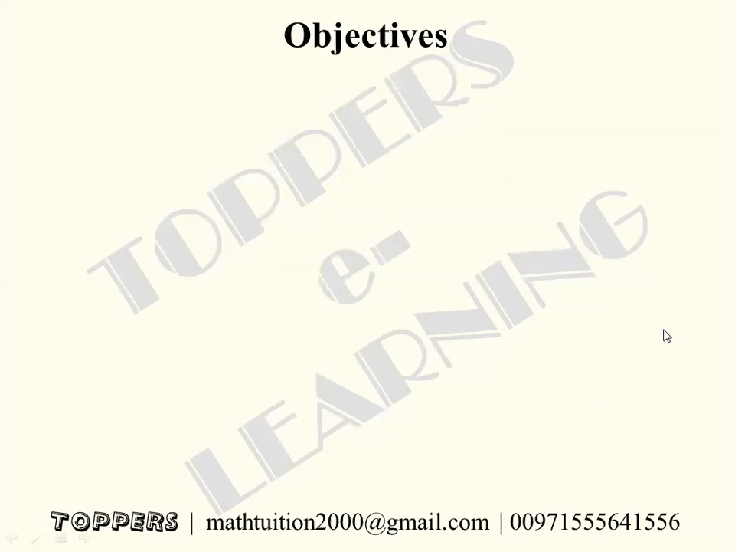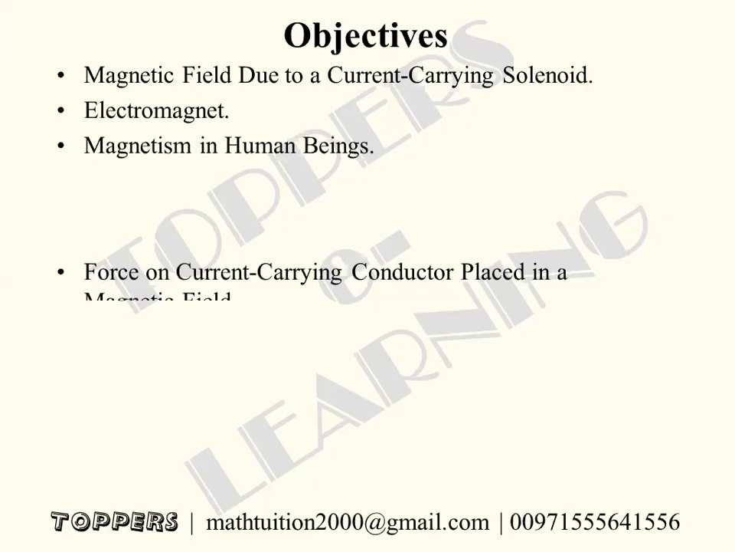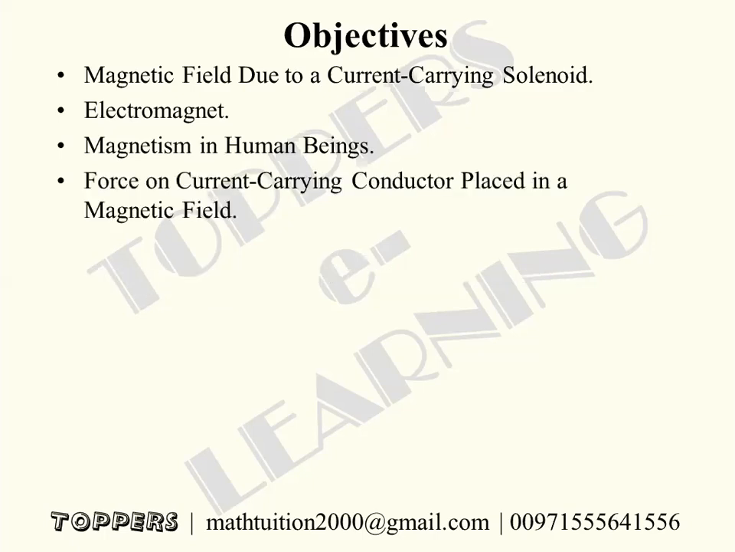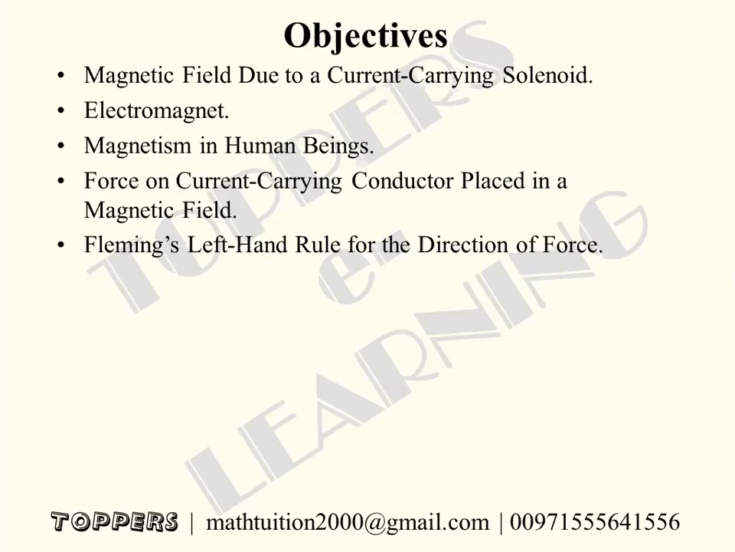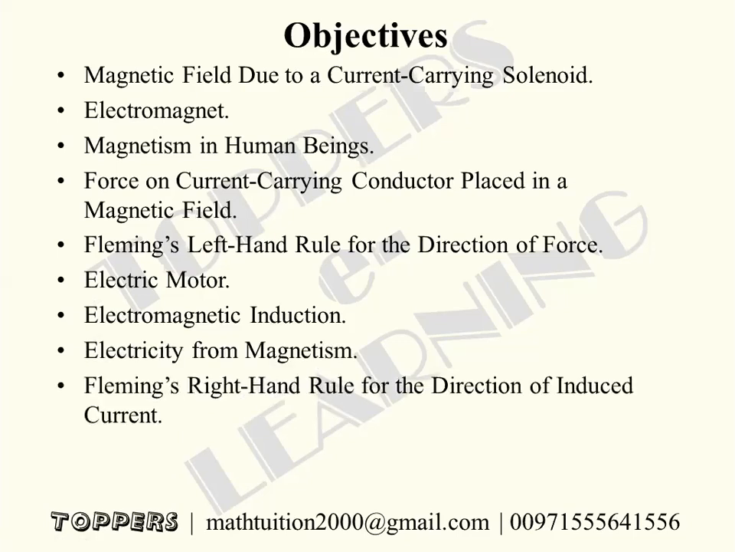Then magnetic field due to a current carrying solenoid. You will learn what a solenoid is. Then electromagnet, magnetism in human beings, force on a current carrying conductor placed in a magnetic field, Fleming's left hand rule for the direction of force, electric motor, electromagnetic induction, electricity from magnetism, Fleming's right hand rule for the direction of induced current, direct current and alternating current,